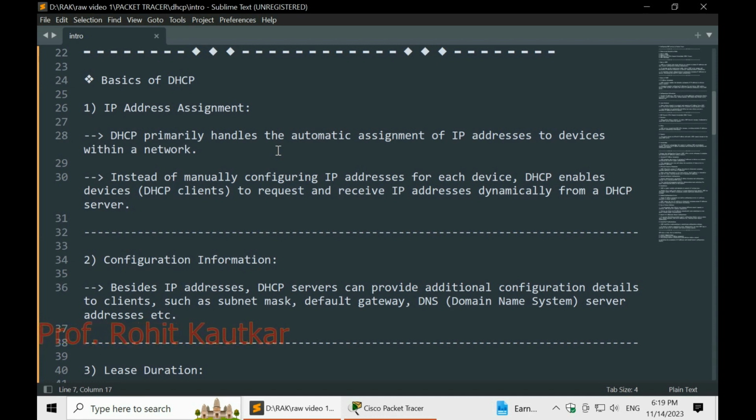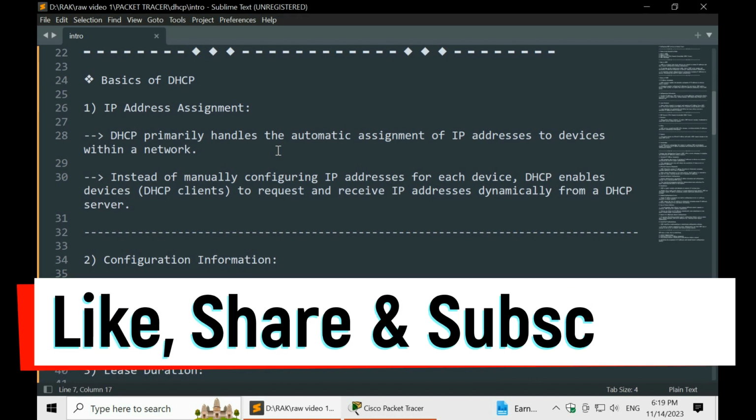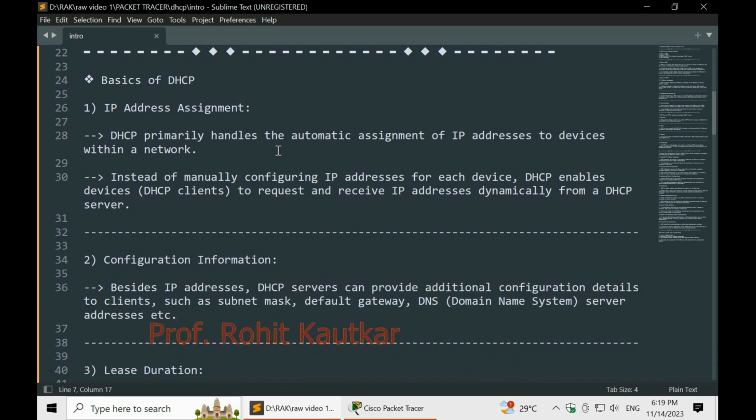So DHCP clients will request an IP address from a DHCP server, and the DHCP server will provide it in the form of a response to their request. So this is basically the first concept, IP address assignment. Dynamic address assignment with other network settings is possible with help of DHCP.